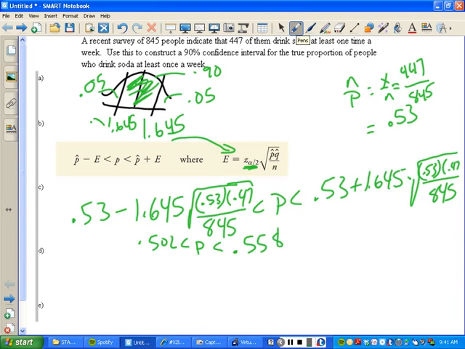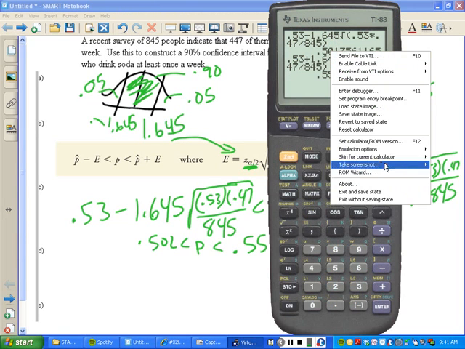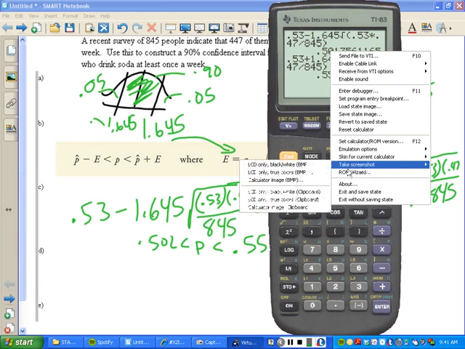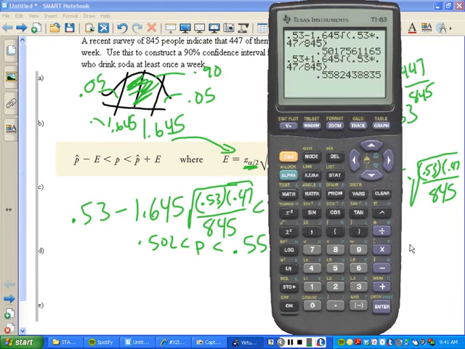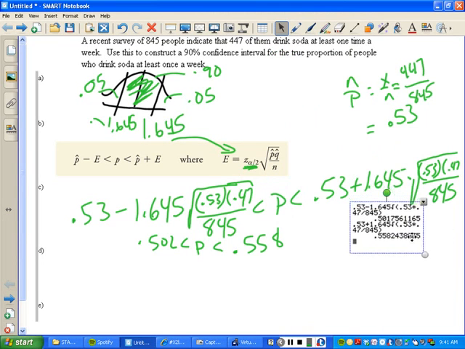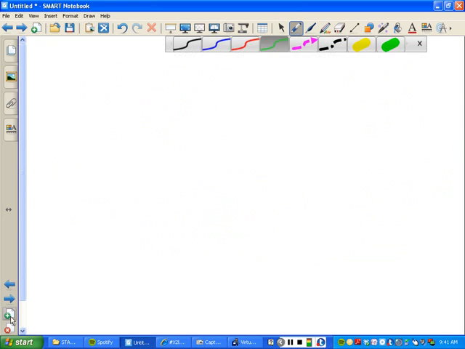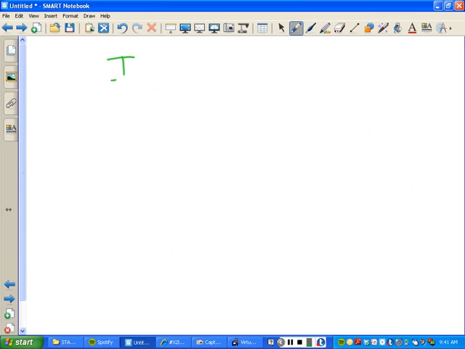Now I'll go ahead and save that. All right, now how do I interpret? Again, we're going to be using this as our interpretation template. If we continue